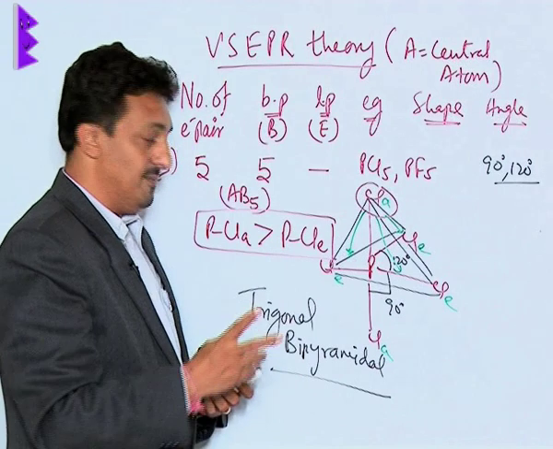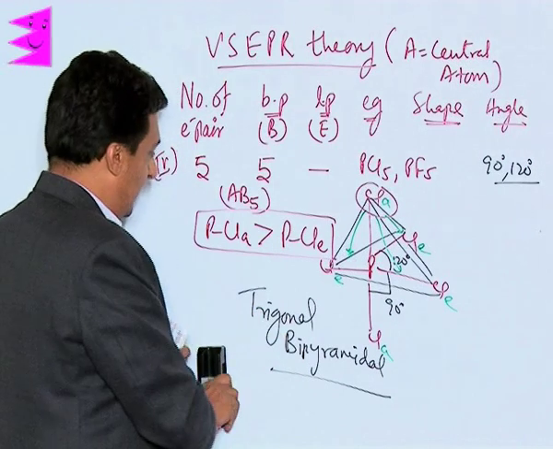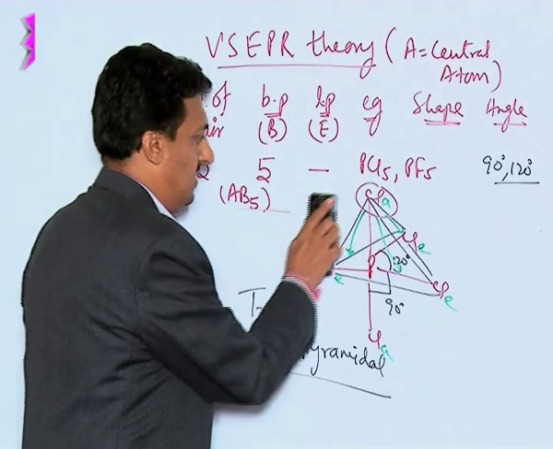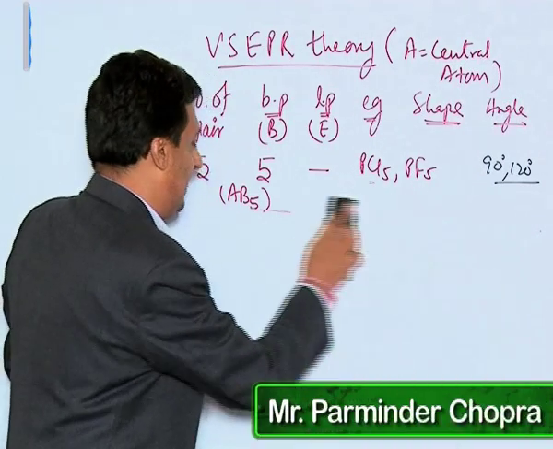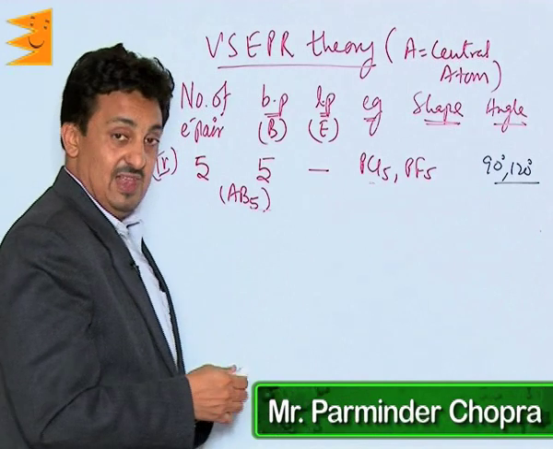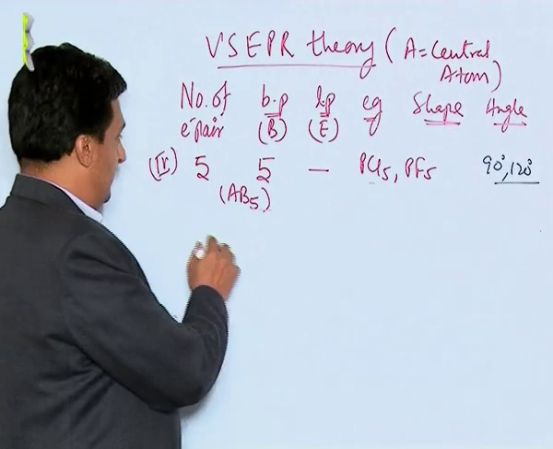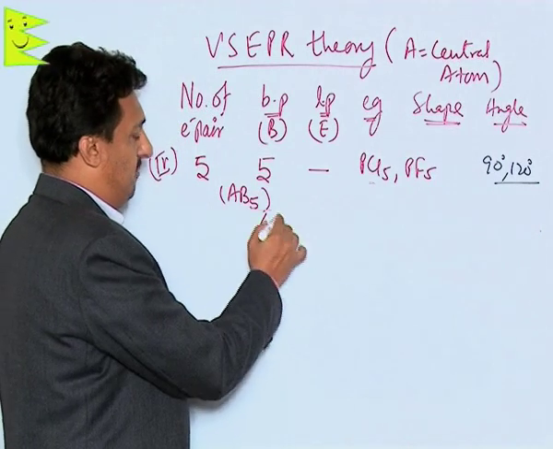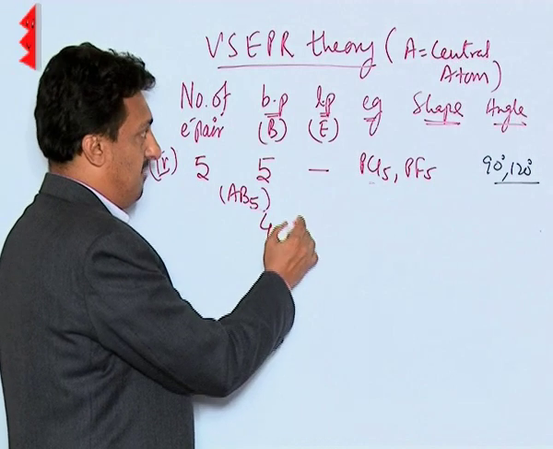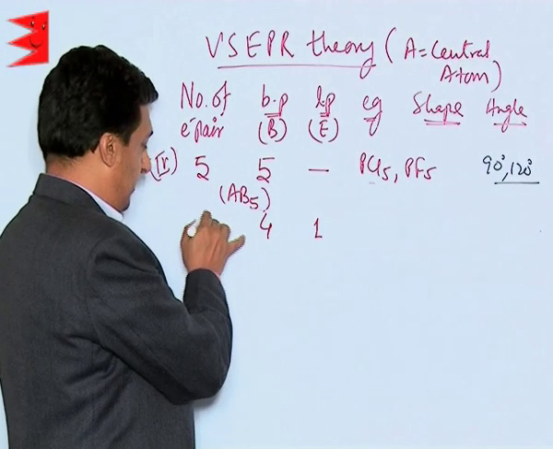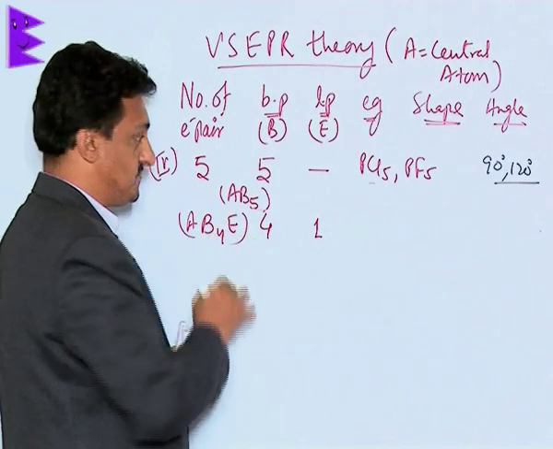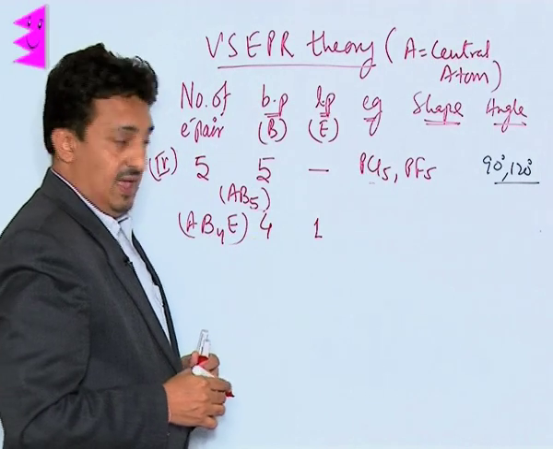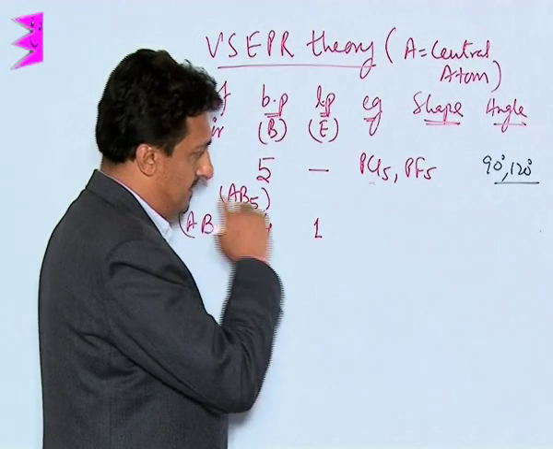Let us take now the second case of the type in which the central atom has 5 pairs of electrons. The second is where there can be 4 bonded pairs and 1 lone pair. So it will be AB4E. And we can have the best example,